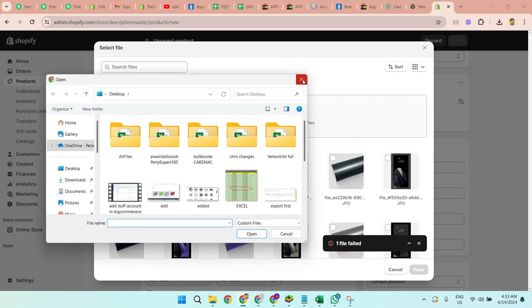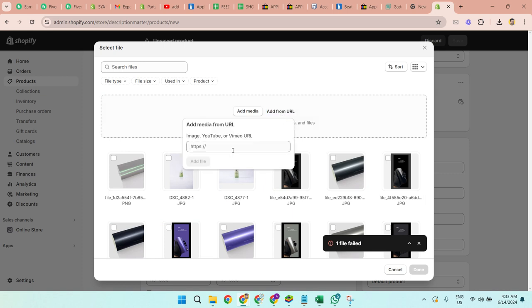So what we need to do, we need to go again into the URL and paste the same URL here. Okay, so you can see here the full URL of the image. You can see here dl=0. So what you need to do is replace dl=0 with raw=1. Okay, so when you replace this and then add the same file again, you can see here processing,